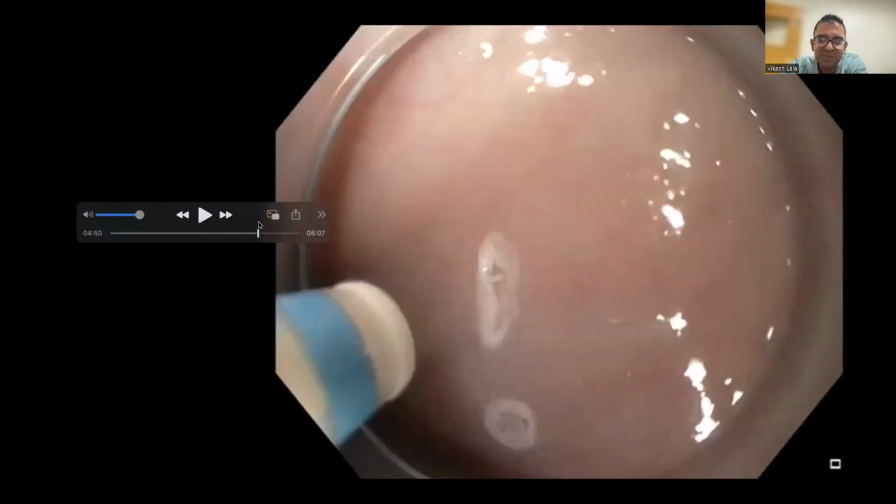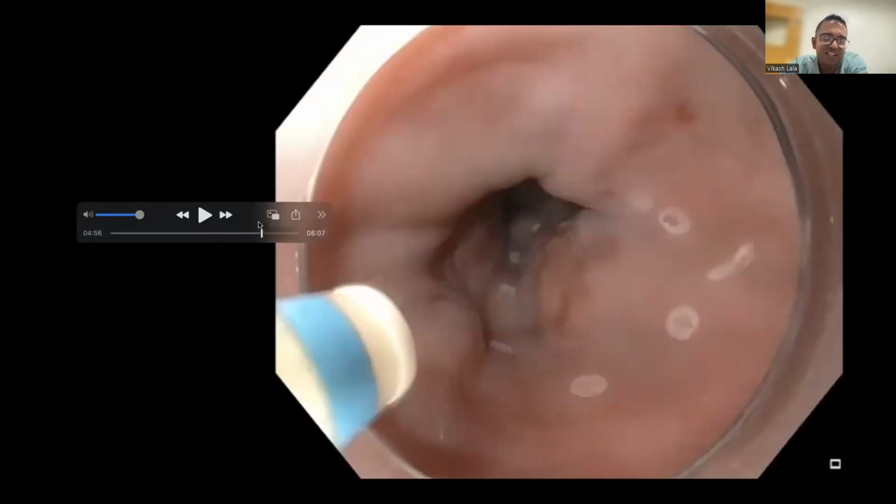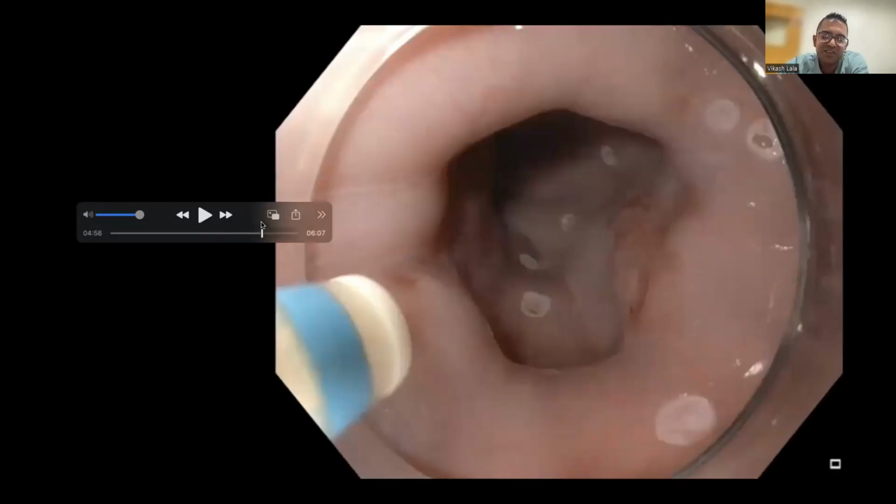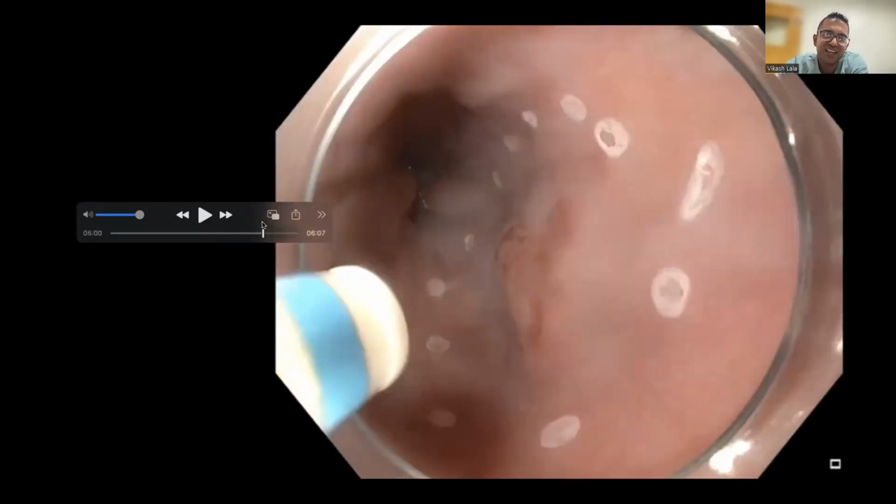But this was a bit tricky because how wide do you cut? You can't assess the vascular pattern. You can't assess the mucosal pattern. So I really had to just go nice and wide around that nodular or bulky area. And I really only had that to guide me. So this was a very difficult case.